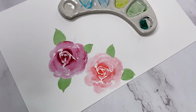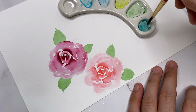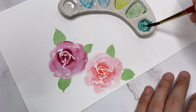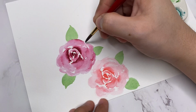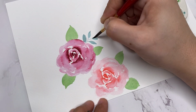Now for additional leaves, I'm using lush green. This is a darker green and it will be nice for a filler or smaller leaves. We can also mix burgundy with it, which is the first color of my rose, to maintain the harmony of colors in our wreath. So I'm just adding leaves to areas where I think will balance the wreath,